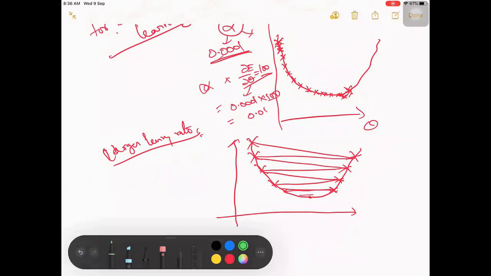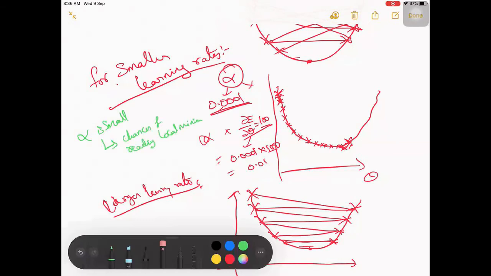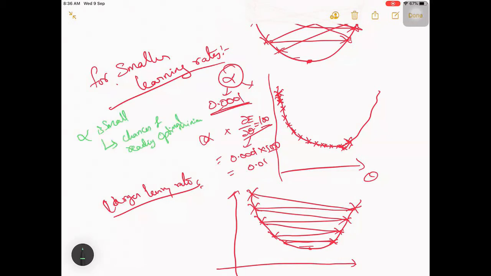For alpha being very small, the chance of reaching the local minimum, the optimal point, is high.